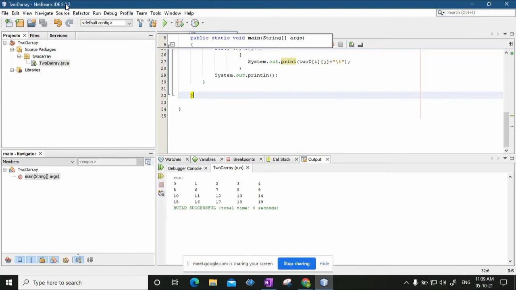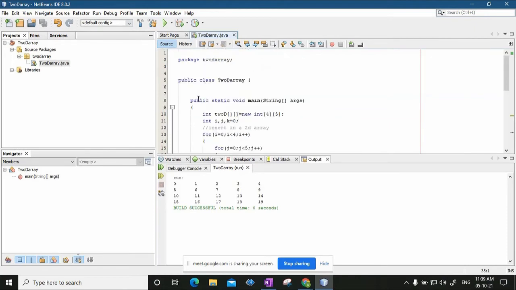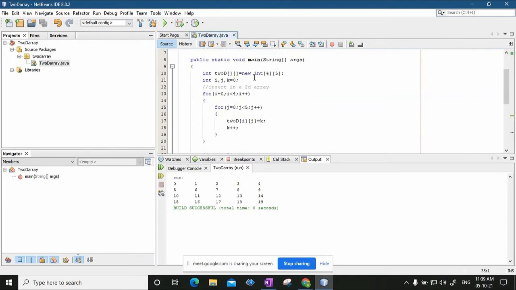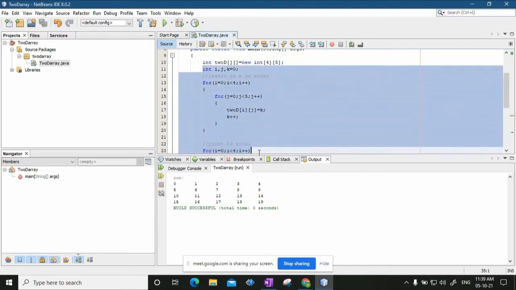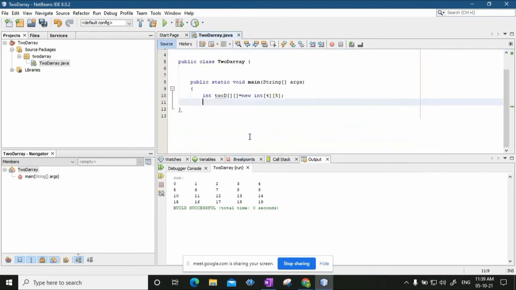You must have heard about sparse matrix and all. For this kind of calculation, you can have an irregular array. Otherwise, in our programs, we never encourage the use of these kinds of jagged arrays. So I will just modify this particular program so that we will have a two-dimensional array.